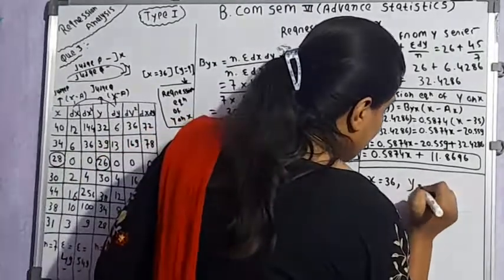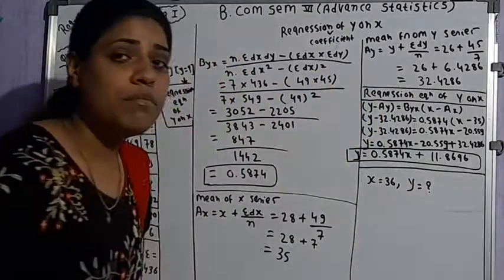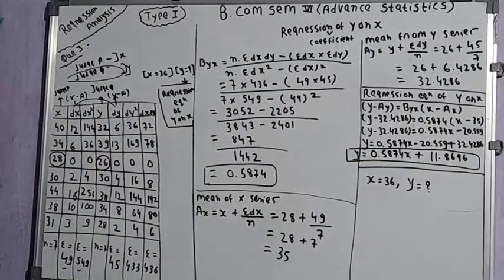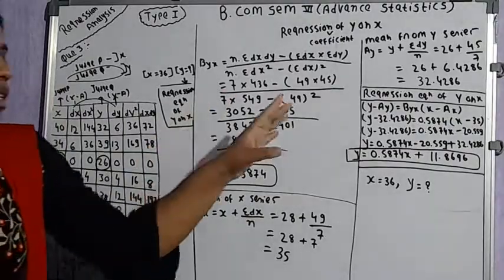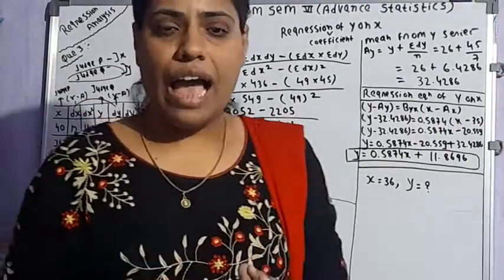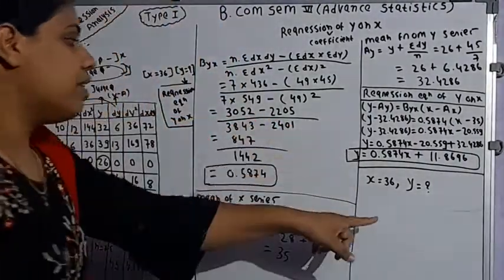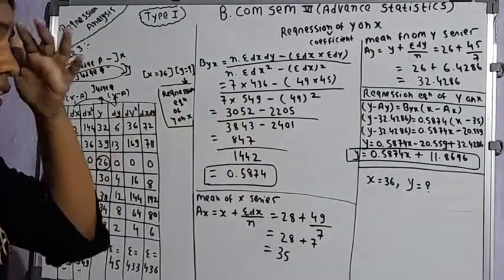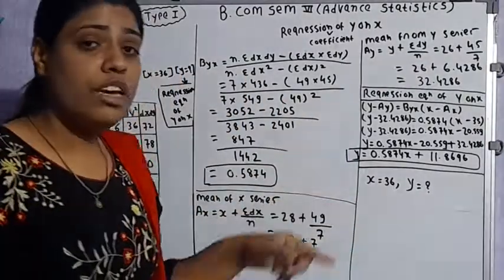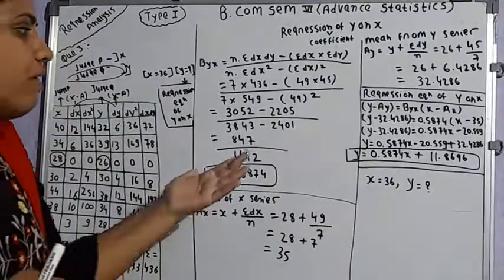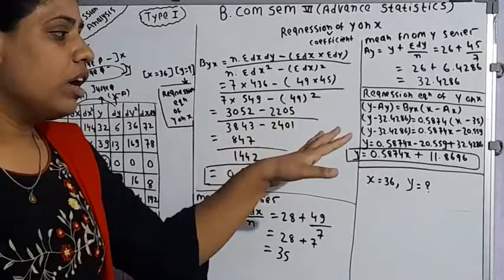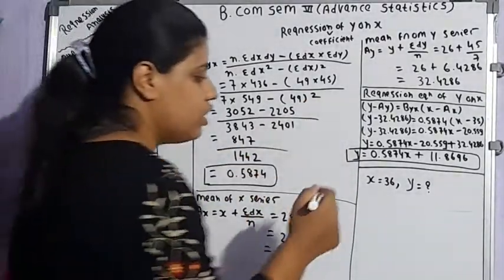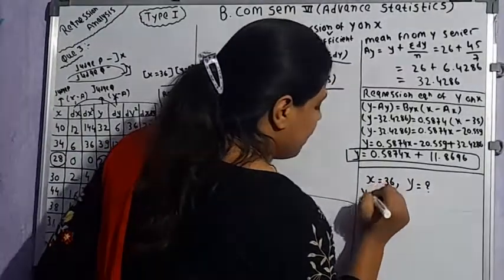So what do we have to find out? We have to find the marks allotted to the eighth participant if Judge Q had been available at that time. We have been given the value of x, and with the help of that we have to calculate the value of y. For this we required the regression equation of y on x, which we have already found. By putting in this regression equation, we can find the value of y when x is available.